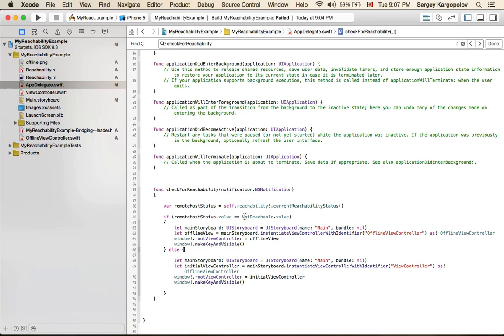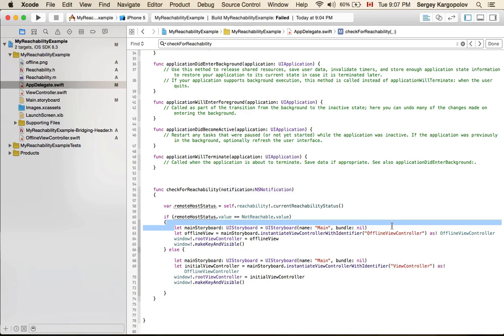If the network is not reachable, then display the offline view controller, or else if the network is reachable, then display the initial view controller. And the business logic says we read the current reachability status from the reachability object, and then we check the remote host status value. If it's equal to NotReachable,